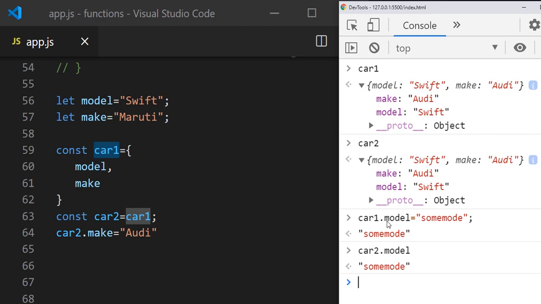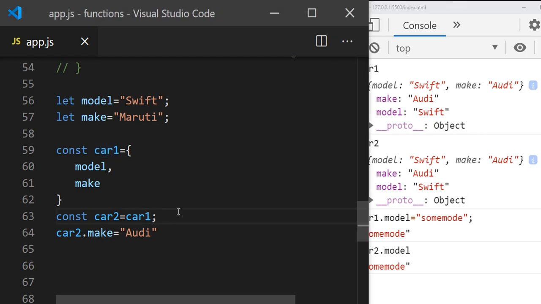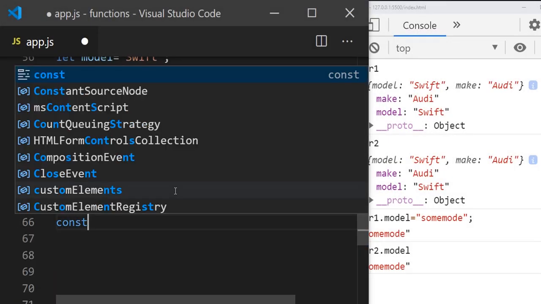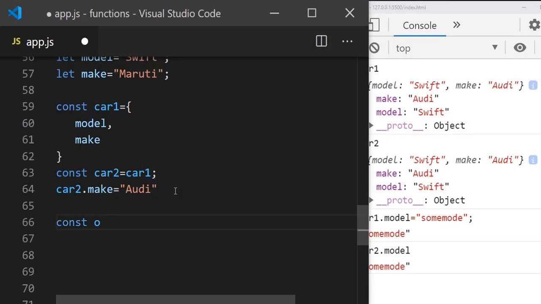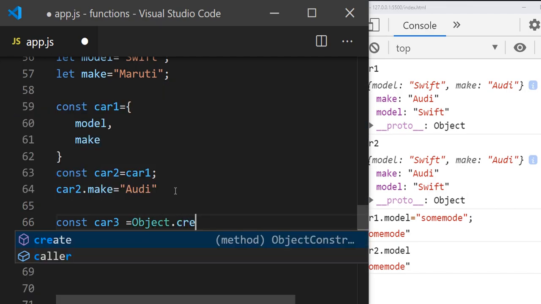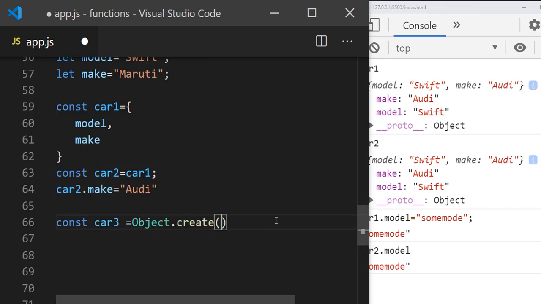So how to break this? As I said, we have another way of creating an object. Using Object.create, we can break this relation. const car3 from car1, Object.create. It will take two parameters. The first parameter will be an object or null, and the second parameter will be the properties that you want to provide.